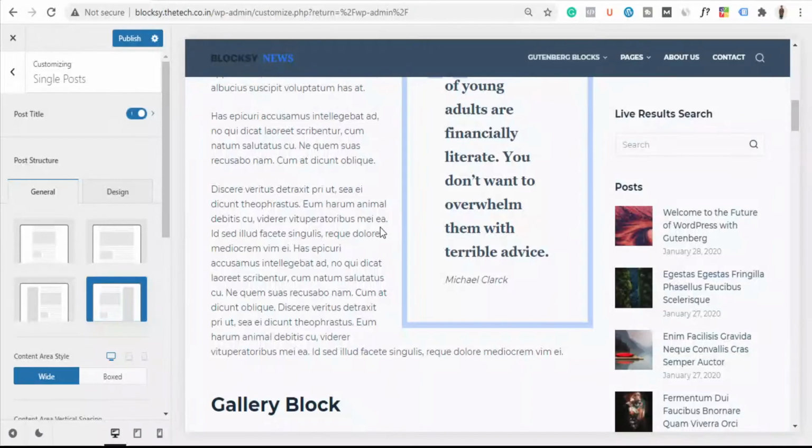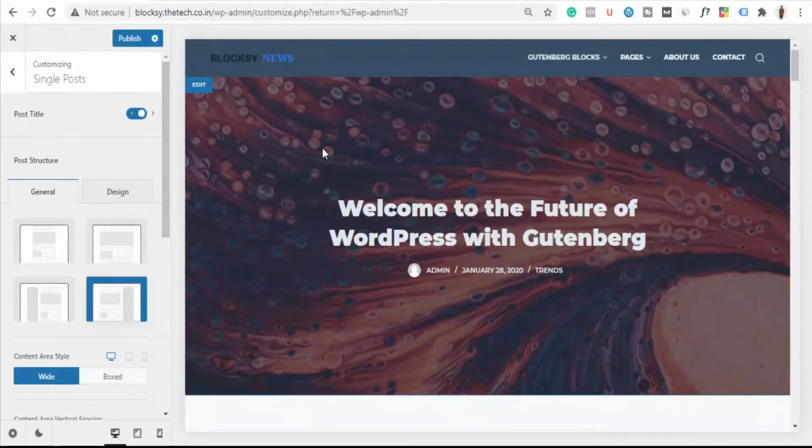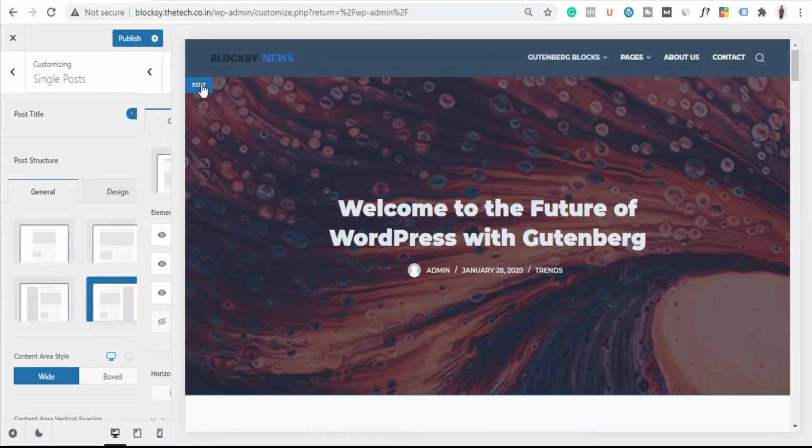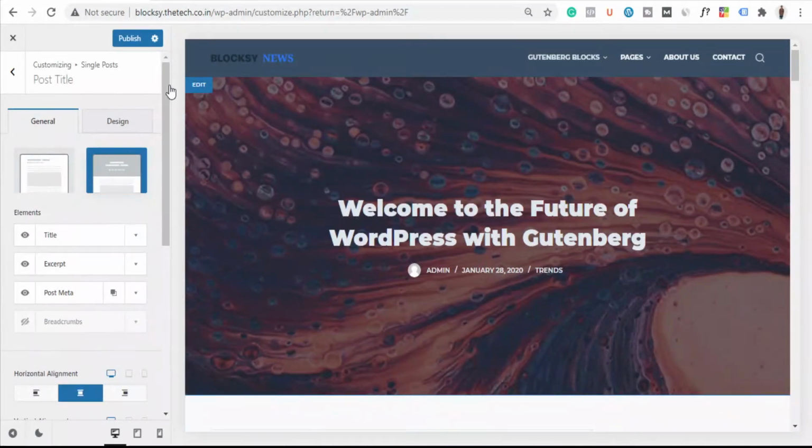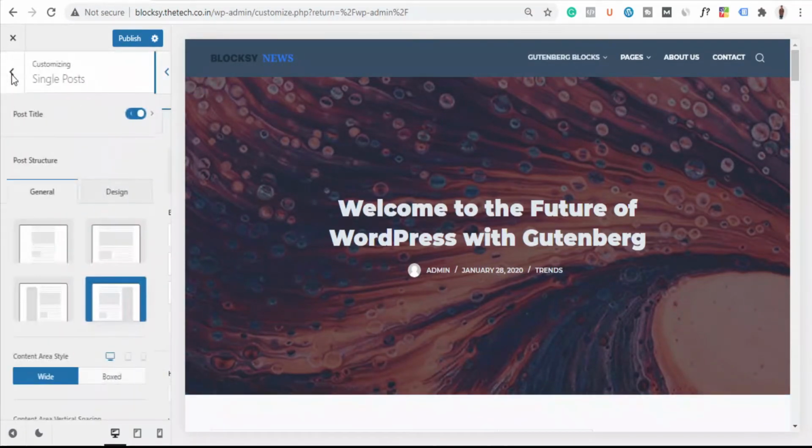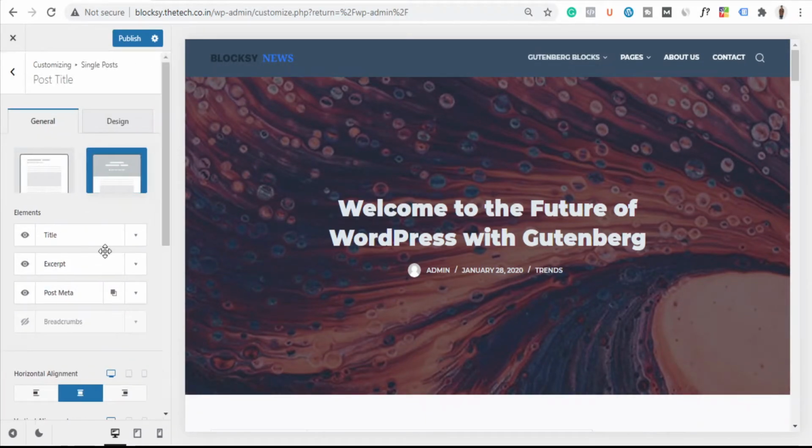Okay, and now let's see one more important thing. Many people get confused in that part only. I've got many comments, like how to remove this section. It's very easy actually, just click on this edit option here. Or also if you want to go to this section, you can just go back here, click on this arrow section after the post title. Okay, you will come to this part.